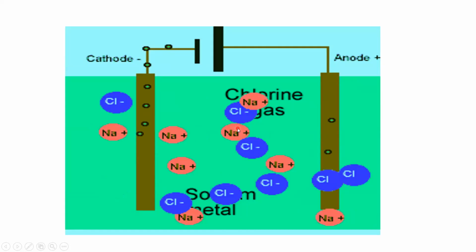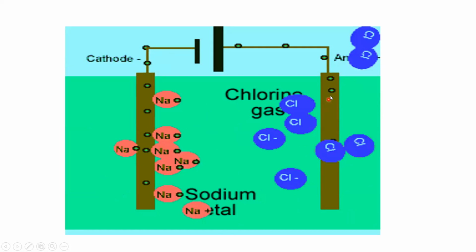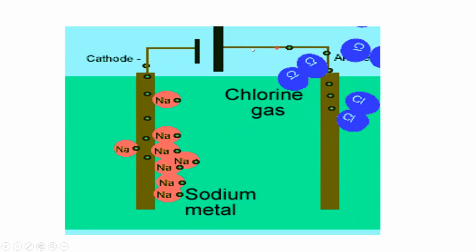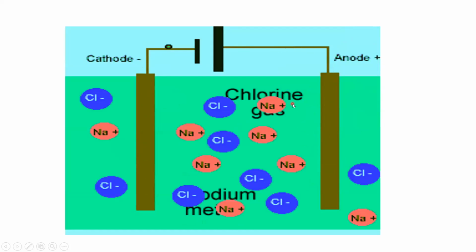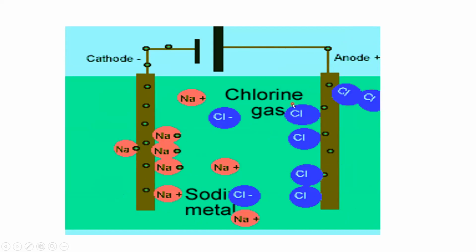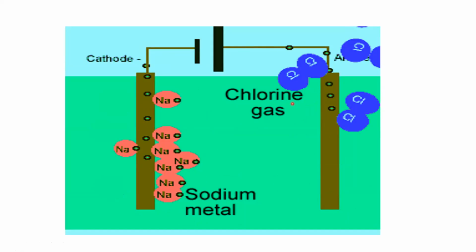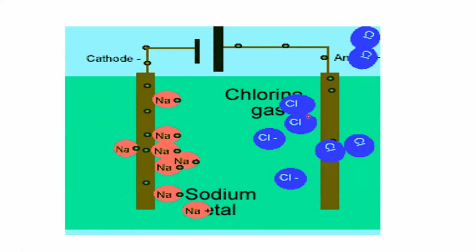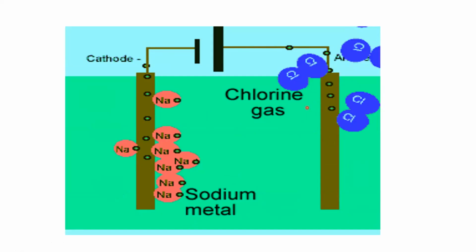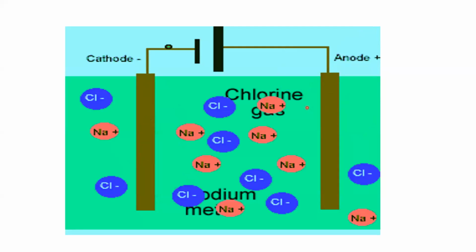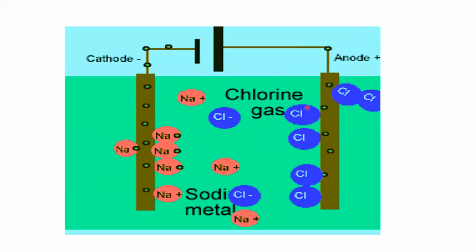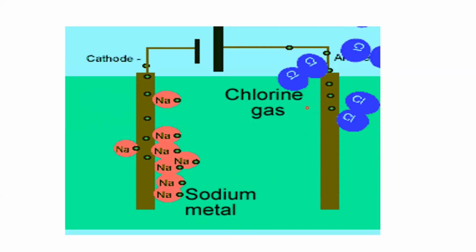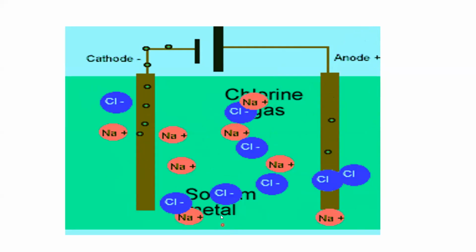So they will lose their extra electron when they move towards the anode, and that electron transfers back to the battery. And because non-metals' atoms turn into molecules easily, instead of a chlorine atom we'll have a chlorine molecule. Atoms join together, non-metals, as we discussed earlier, exist as molecules. So their atoms join together and form a molecule which escapes, because most of the non-metals are in a gaseous state.